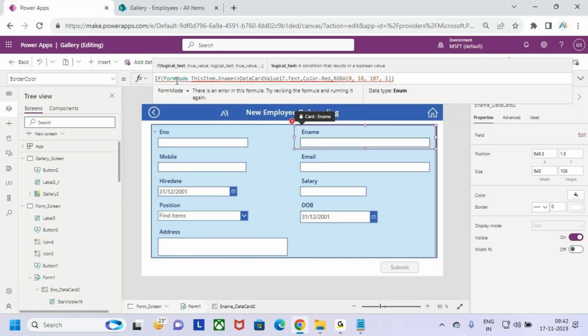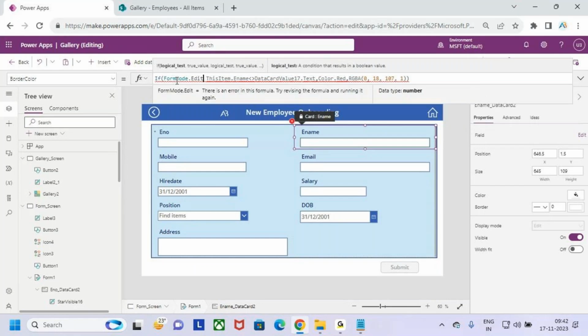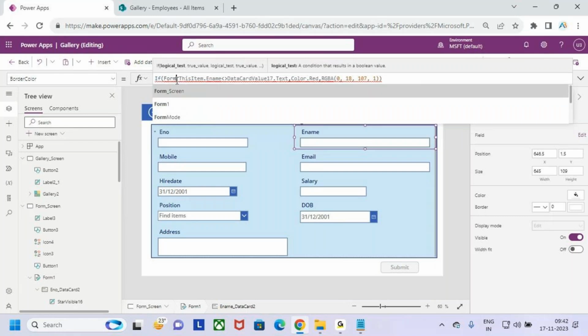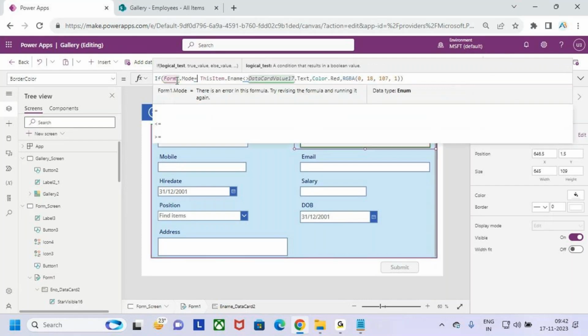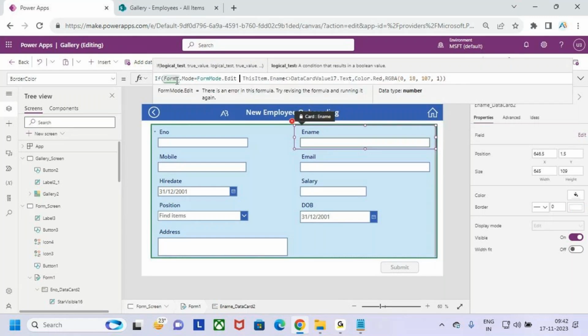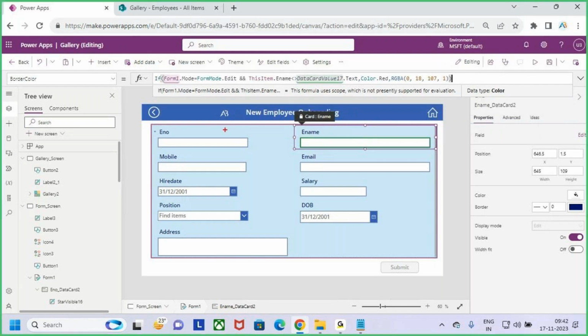Form mode dot edit, not like this. Form1 dot mode equals to edit. Form mode dot edit, and I'm using the and operator here. And when I want to display this message, I mean the border color, if the form mode is equals to edit, and